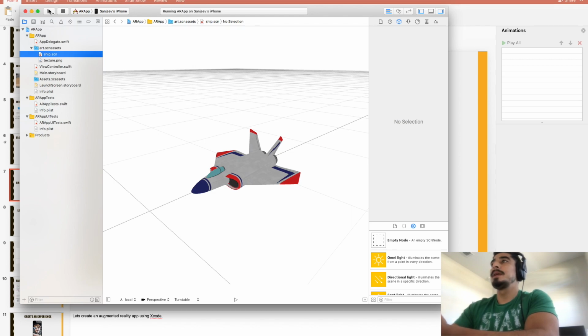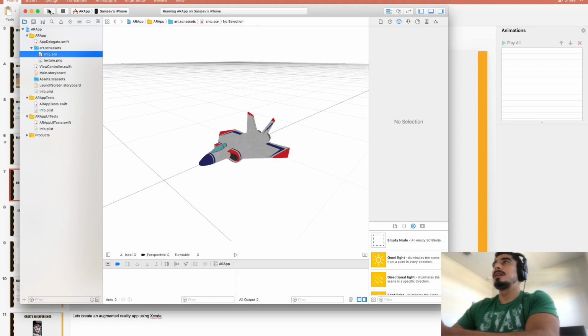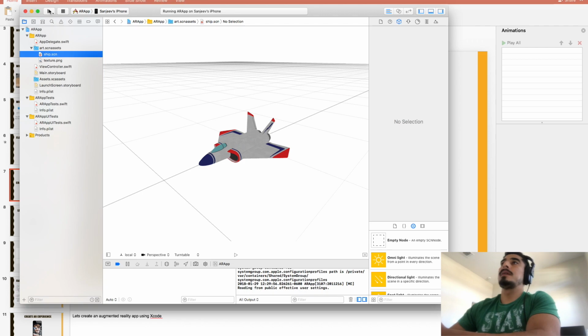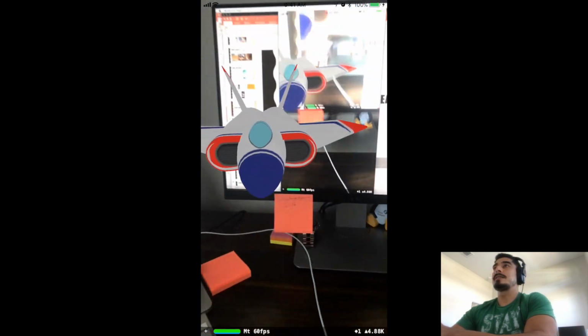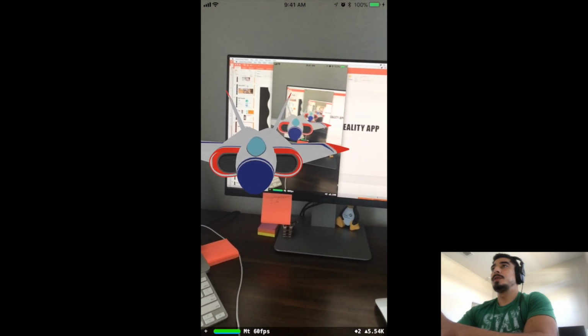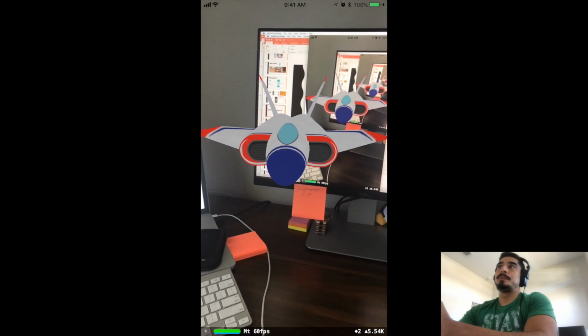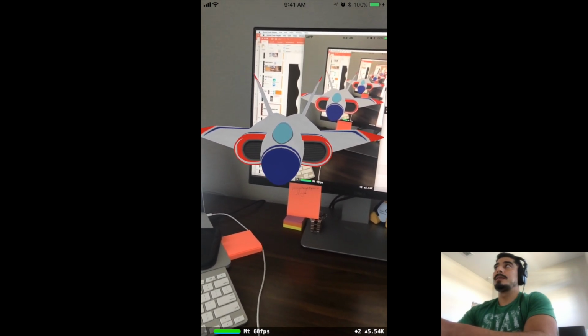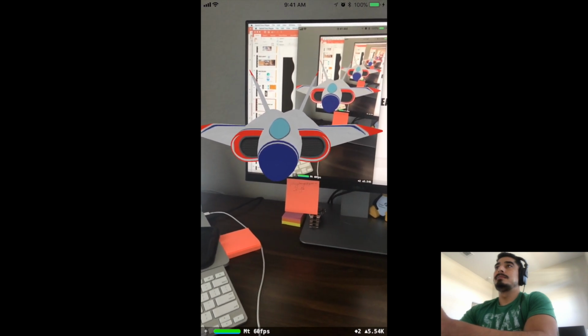It's running. So when it runs, what happens is it opens up a live camera view, and when you hover through your space, you can see an object there which looks like the ship, right? And the ship is floating on your real life camera view, live view, and what you can see is